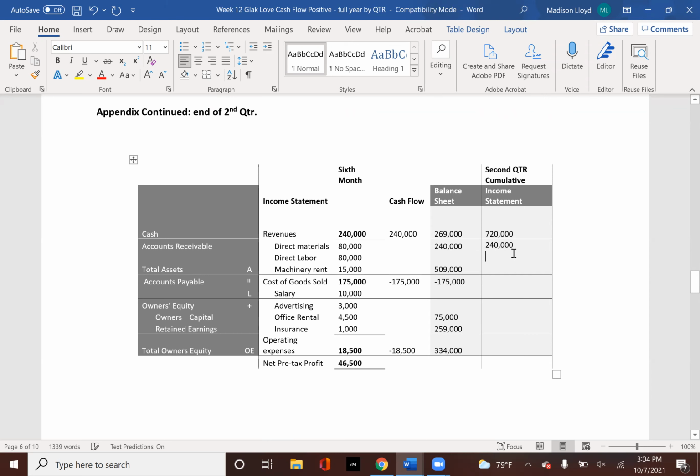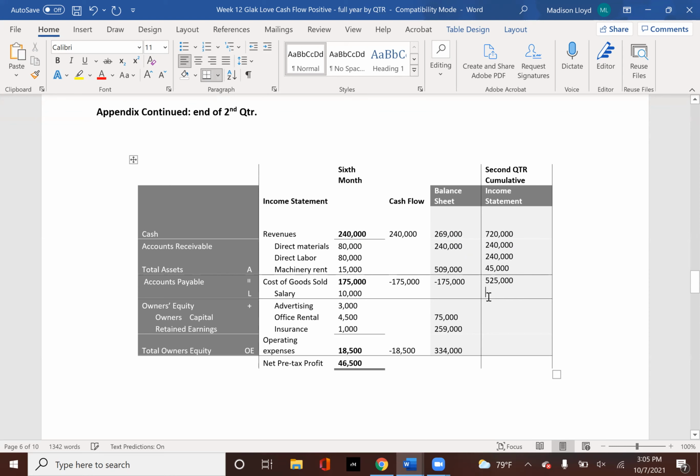$240,000. Direct labor, $240,000 because it's $80,000 times 3 again. Machinery rent, $15,000 times 3. It's going to be $45,000. Our cost of goods sold is going to be $175,000 for all 3 months because they're the same value. $175,000 times 3,